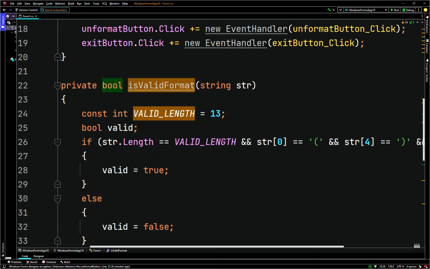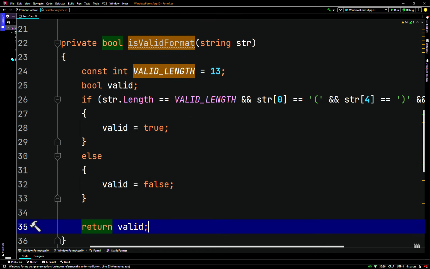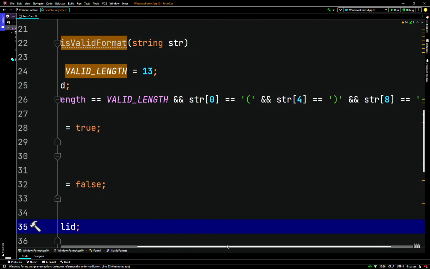Okay, so that's the end of that method, so we'll start a new one here. Just to check, it takes a string, then it instantiates and initializes a constant int valid length, pointing it to the value of 13, and declares a boolean, but doesn't set it to true or false. Then if str.length equals valid_length, so if the string length is 13 and the